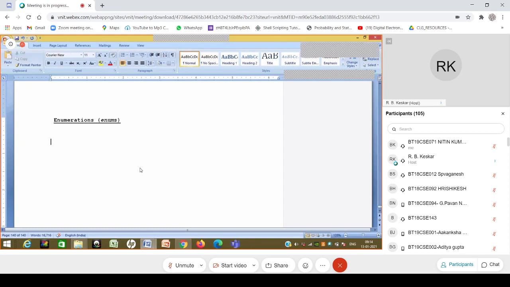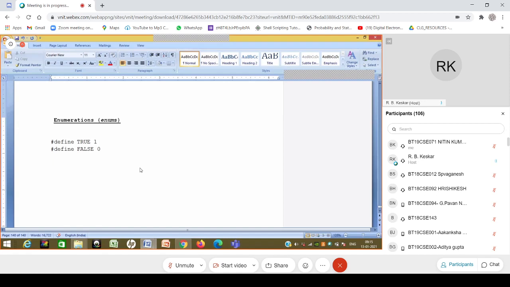For example, let's say that I want to define true and false. We know that there is no true and false value in the C language. In other languages they have it. In Pascal, we have true as a keyword and false as a keyword. We don't have it in C language. So what I can say is hash define TRUE 1 and hash define FALSE 0. Okay.